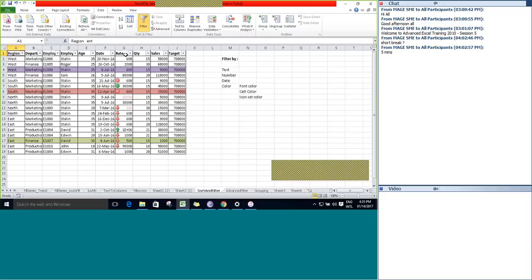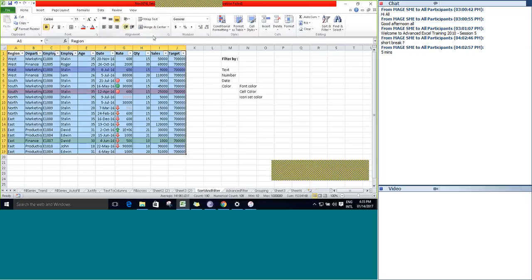So the next concept here is going to be sort and filter. So let's first start with sorting. For sorting, we have to select the entire table. Go to Home and under the editing command set, you can see something called sort and filter. Click on custom sort.